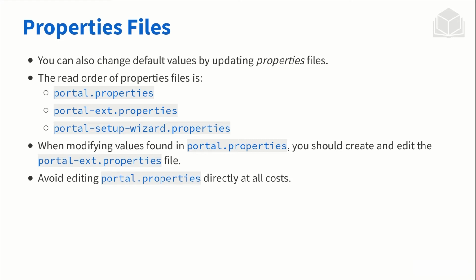What does that mean? Well, portal properties is a file that Liferay contains deep in its own implementation. You typically can't see it unless you really search for it. You unzip a jar file, and then you will find the very, very, very long portal properties. This is a file that contains various default settings that you can override. And it says here the read order of these files is we first read Liferay's own variant, and then we